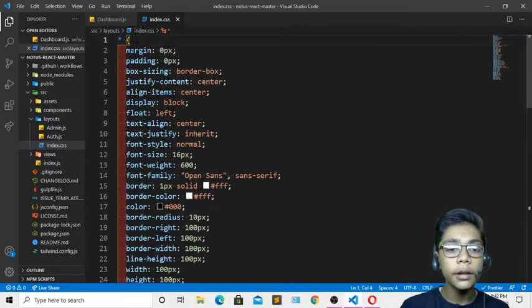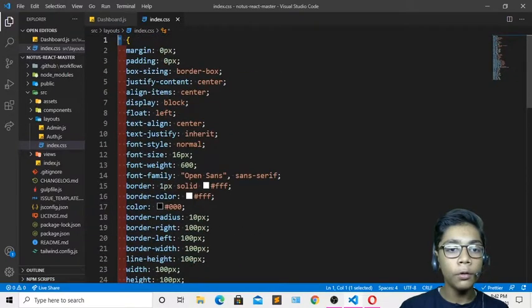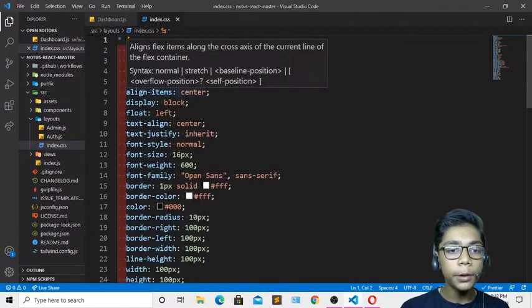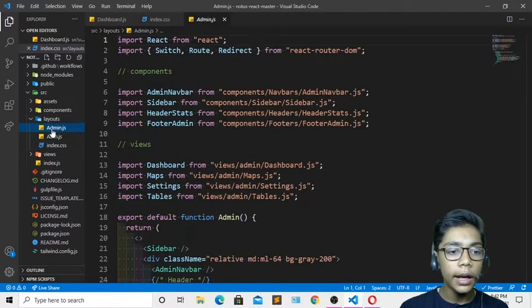So this sign I've written because it means you're defining all the things in your file and in your folder which you are styling. I'm writing it like that because it would take a lot of time if I wrote everything separately. Because of that I've written this tag and I'm writing all the things one time, so it will be automatically applied to all the files which you are creating in that. So I'll be just doing that.